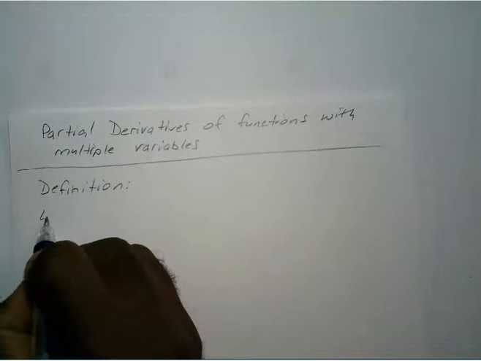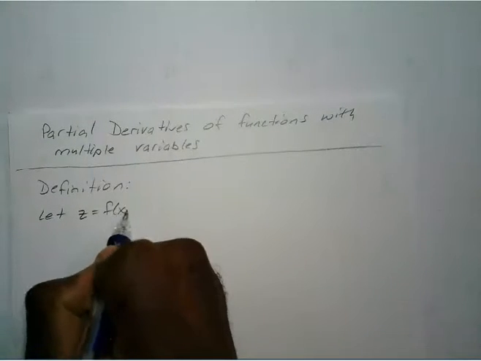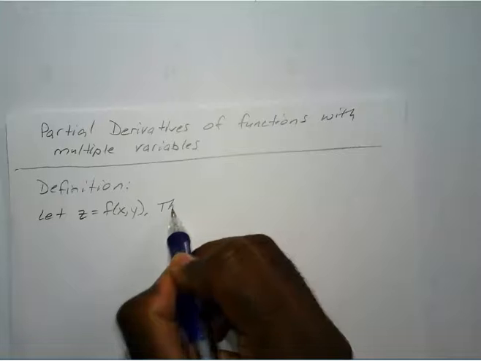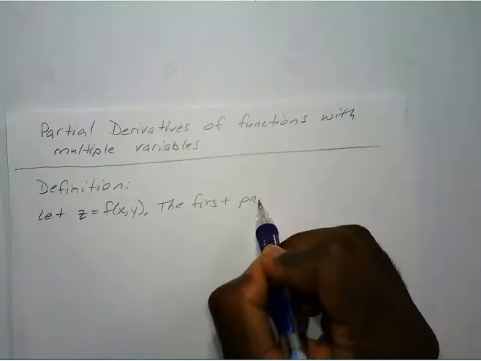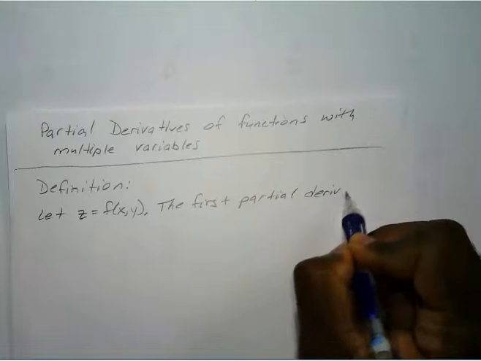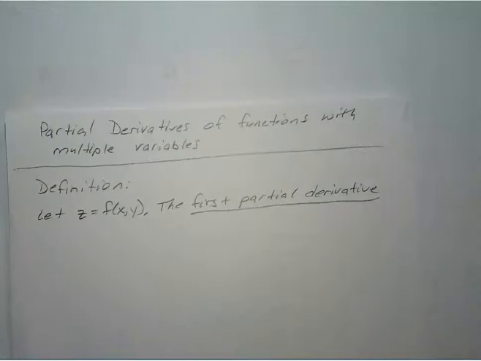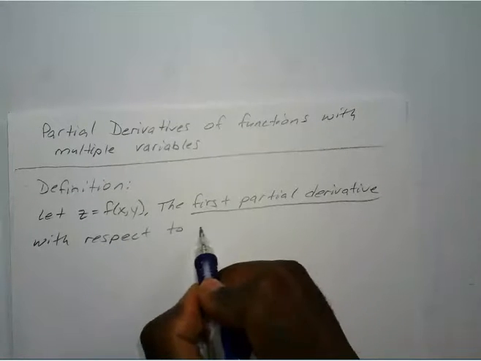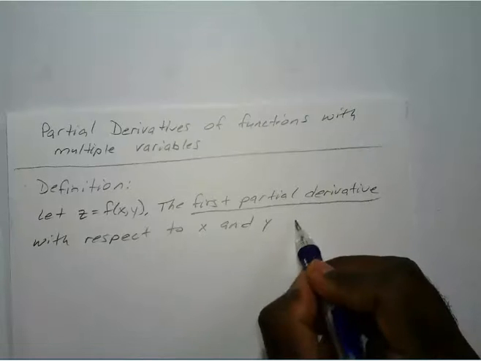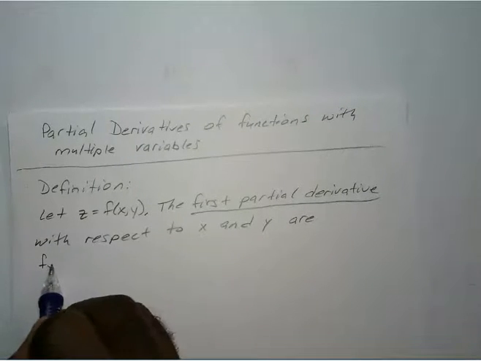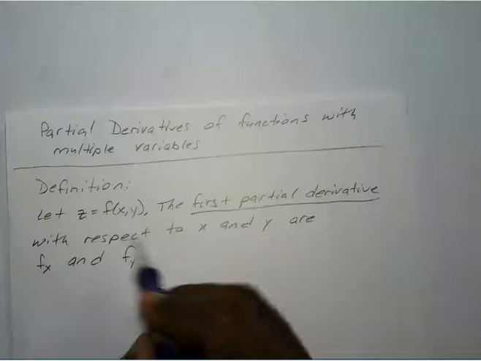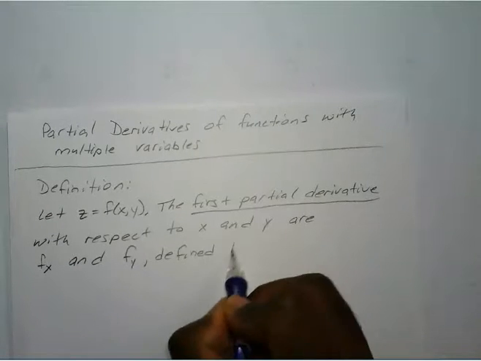Okay, so if we let z equal our function with variables x and y, the first partial derivatives with respect to x and y are the partial of f with respect to x and the partial of f with respect to y, and defined by